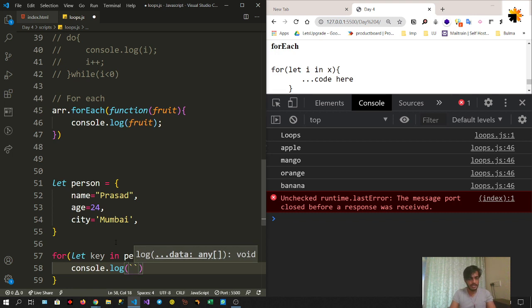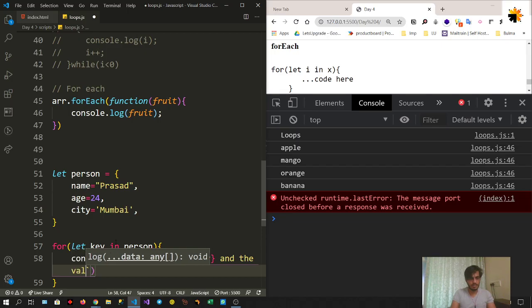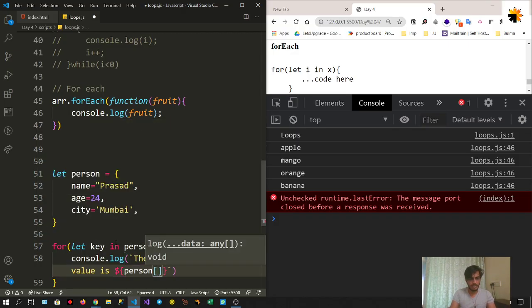Then I am using backticks, and the key is dollar, writing key here, and the value is person and the value for that key. Now if I run this,